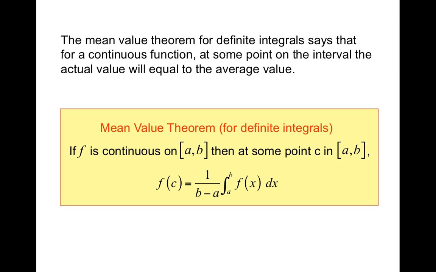So here is officially what the mean value theorem says. We also have a mean value theorem for derivatives, which might be a good thing for us to review in class tomorrow. But if we know that we have this continuous function, then there has to be an x value. We're just going to call it c right now, but there has to be an x value in between those limits where this is true, where